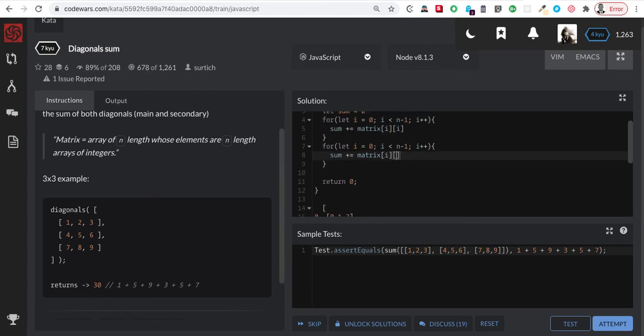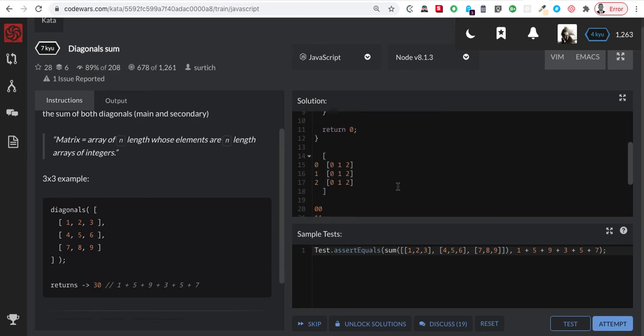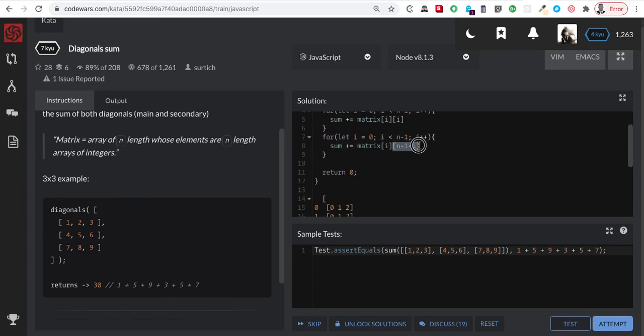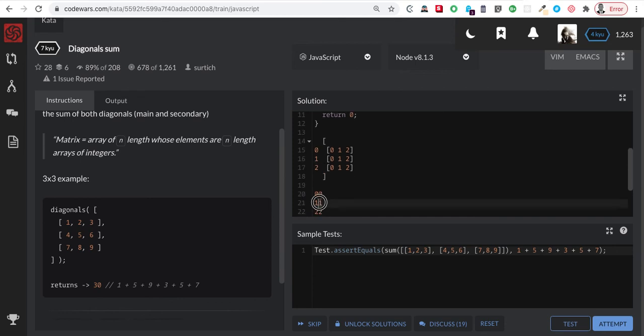Let's see, n minus 1 minus i. How is that going to be? So for this example, n is 3, so to get this 2 is going to be n minus 1, 3 minus 1, that's 2, minus i. At this point i is 0, so it's going to be 2. That's it. Now when i becomes 1, it's going to be n minus 1, that's 2, minus 1, that's 1,